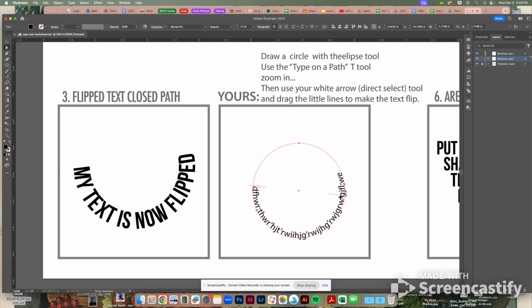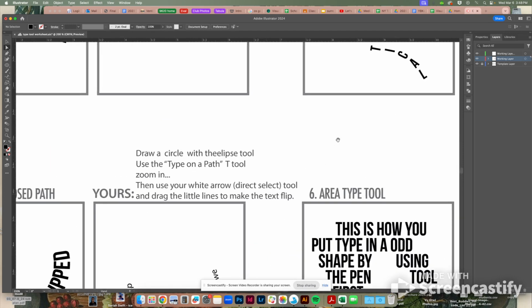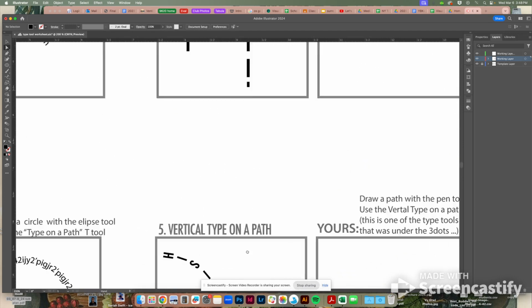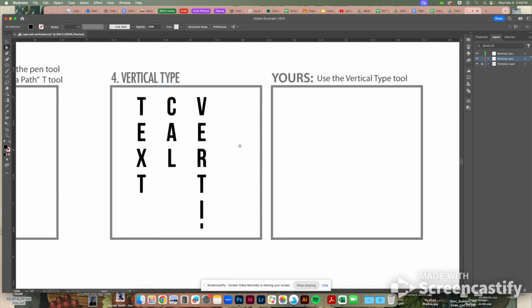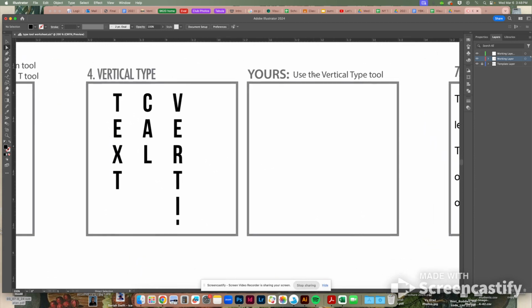Okay, so this is right here. This is where I want. And I am done. I'm going to move up to number 4. Okay, vertical type. Use the vertical type tool. Super easy. I'm just going to go into my T tool, to find the one that says vertical type tool,